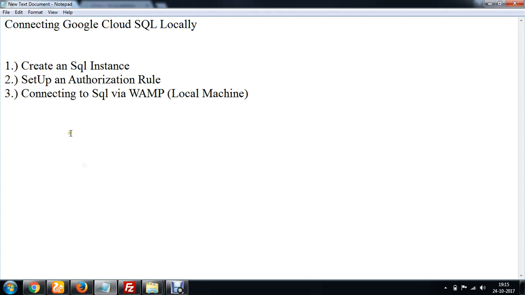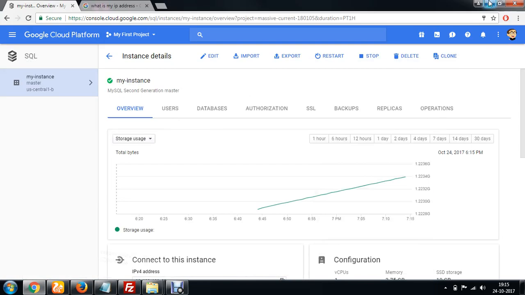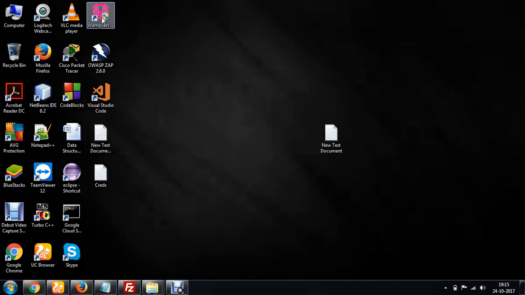The next step is to connect this SQL instance using our WAMP. In order to use WAMP, I'm going to first start it. You have to double click on it, and click on yes.